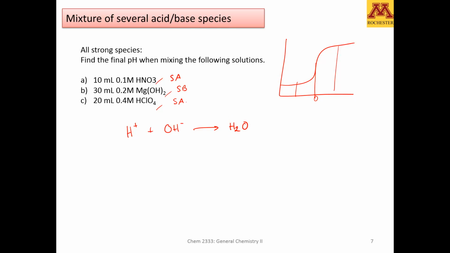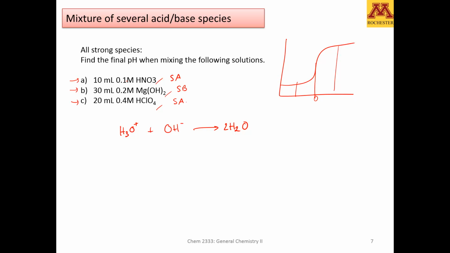Okay, so let's calculate how many moles of each of either hydronium, if you prefer, since we've been using hydronium all the time, it's the same, but then you create two waters. Let's calculate how many moles of that do we have, and the limiting reagent will be the one determining what's